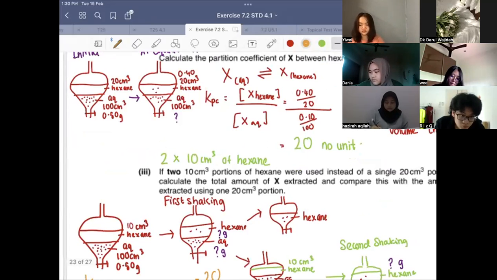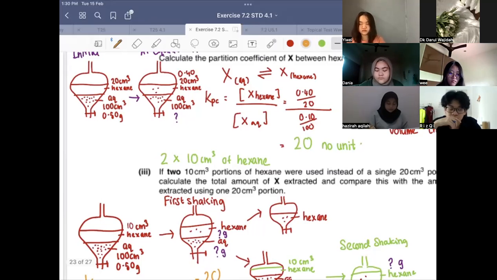But we don't know anything about the mass of the solute in aqueous or in hexane, and we cannot assume that because our volume is half, the mass is also half. No, we cannot assume that, all right? So what we can do is, again,